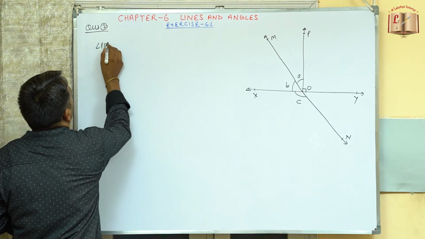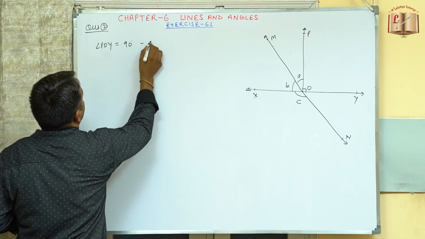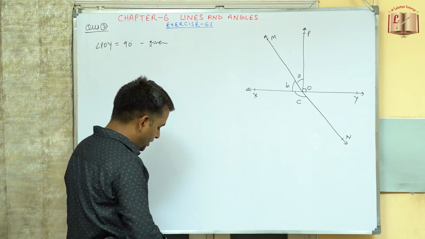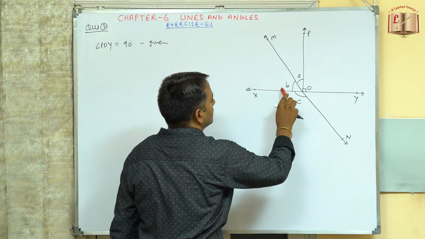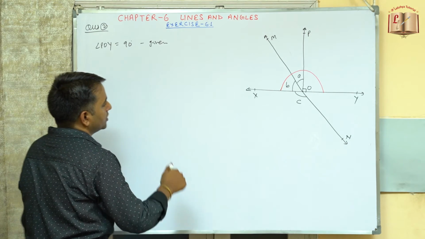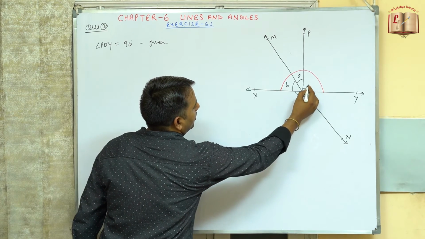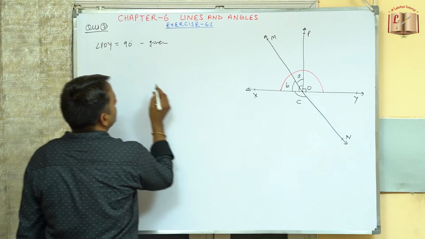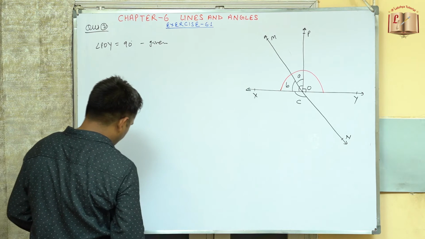Angle POY is equals to 90 degree. This is given to us. Now this complete angle will be the linear pair. This complete angle will be 180 degree linear pair. So for this, अभी ये 90 डिग्री ऑलरेडी दिया हुआ, तो रिमेनिंग ये वाला एंगल कितना होगा? ये भी 90 डिग्री होगा. So now we can write,